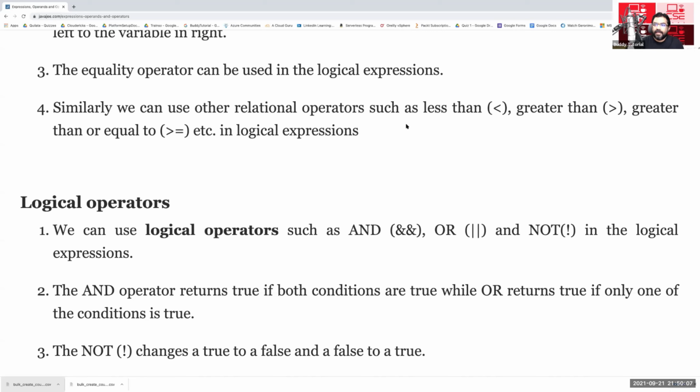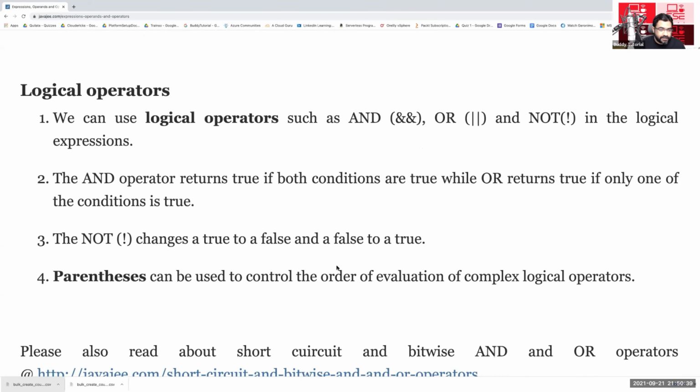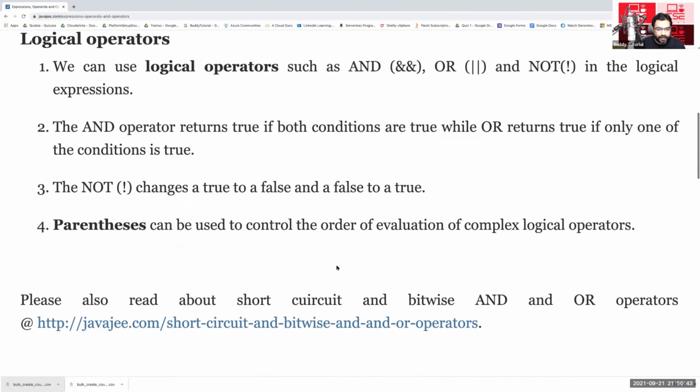I have a equal to 5 and b equal to 6, and then I am doing not of a equal to b. What is the result of a equal to b? It is false. And what is not of false? It is true. Parentheses can be used to control the order of evaluation of complex logical operators.